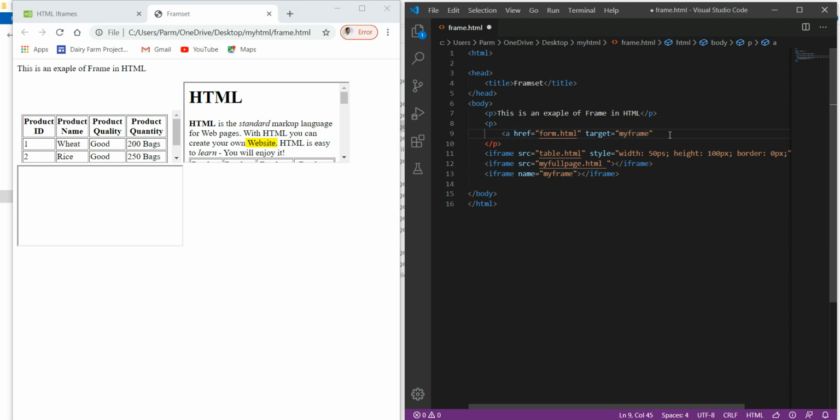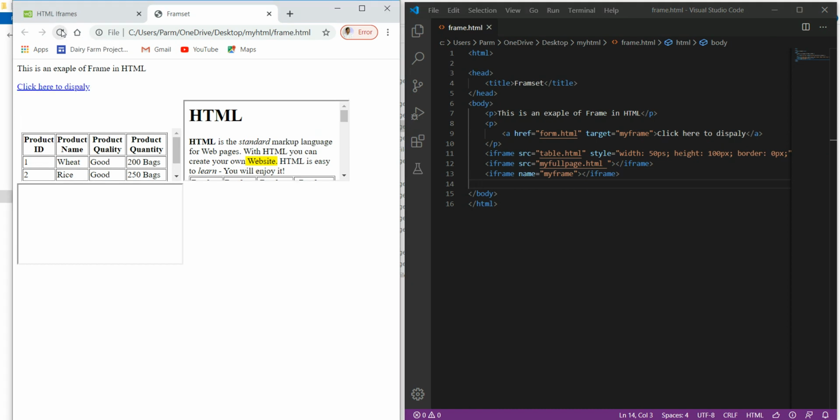So if I click on this link, the link text I will create over here as click here to display. Okay, so this way we will save this, and refresh over here.